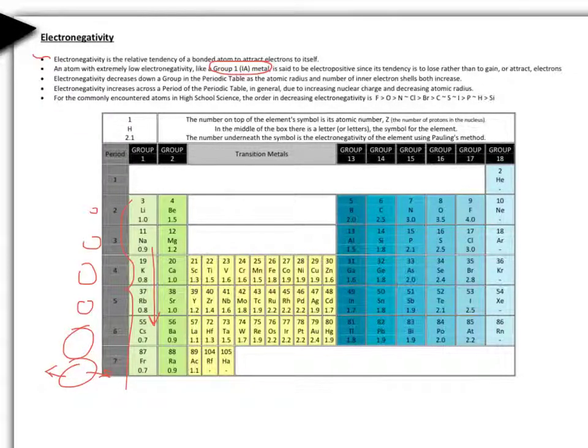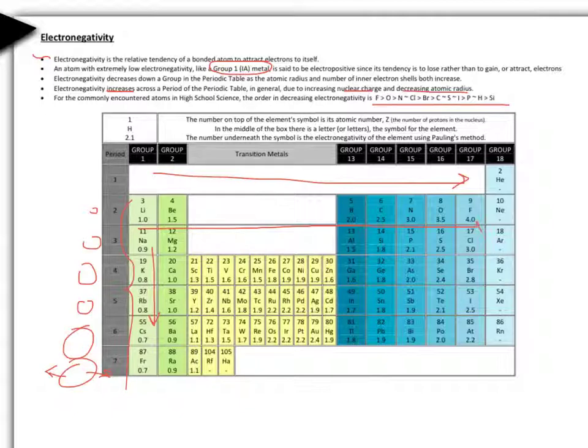Then, if we're looking at a period, the electronegativity increases, and this goes back to our periodic trends web quest, because there's an increase in the nuclear charge and a decreasing atomic radius. If you look at how the numbers increase, we go from 1 to 1.5 to 2.0 and so forth. For the elements that we see the most, this is a nice little relative